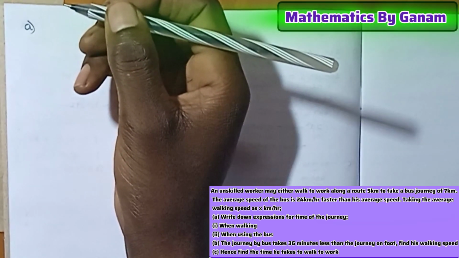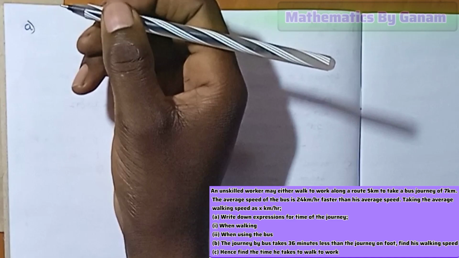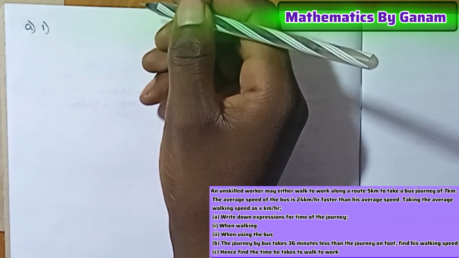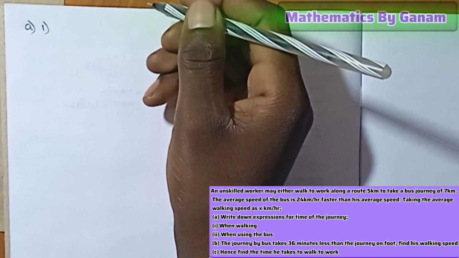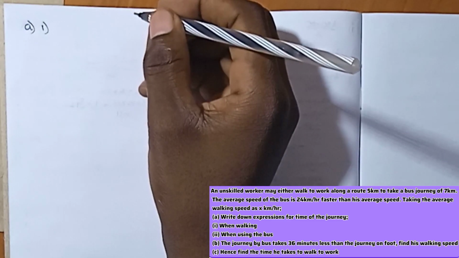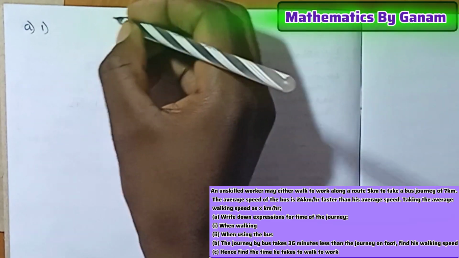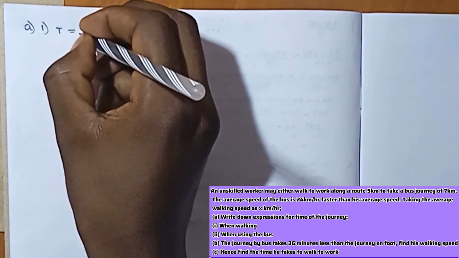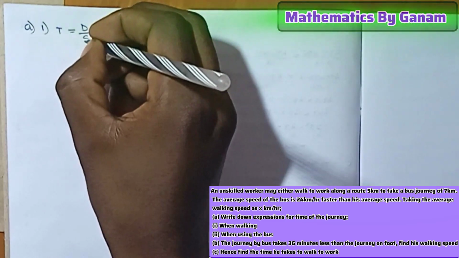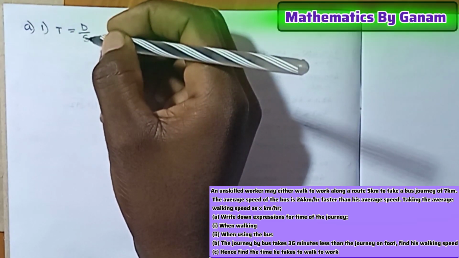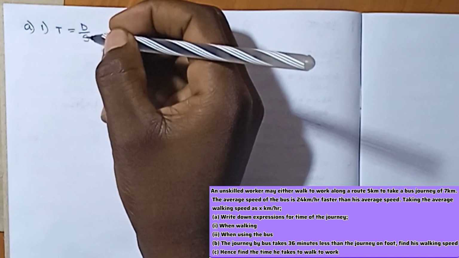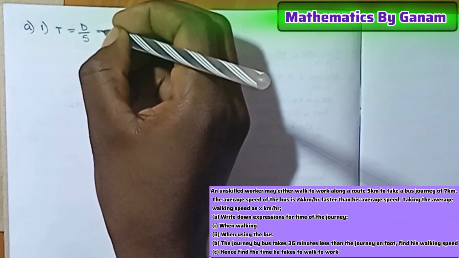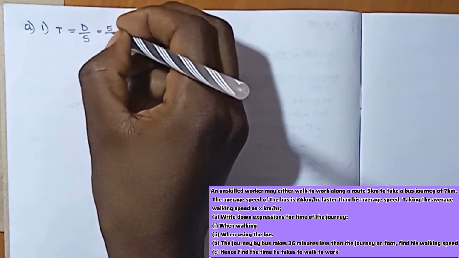Write down an expression for the time of the journey when walking. From the question, an unskilled worker may walk to work along a route of 5 kilometers. For the expression for the time, time taken is equal to distance divided by speed. We have been told that the average walking speed is x kilometers per hour, so the distance is 5 kilometers divided by